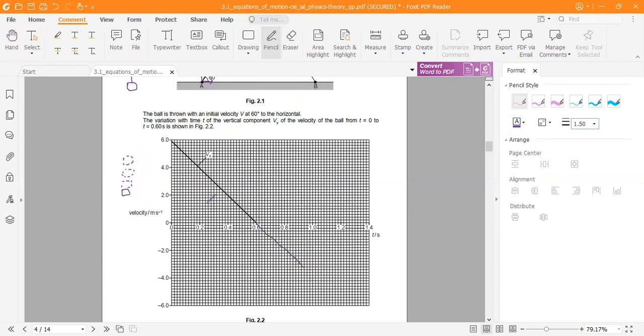The reason for that is, what is the slope of this graph? We know that the slope of a speed-time graph is the acceleration. And because gravity is constant, the acceleration due to gravity is also constant. So the acceleration due to gravity has a fixed value, which is 9.8. This is the fixed value for acceleration due to gravity.